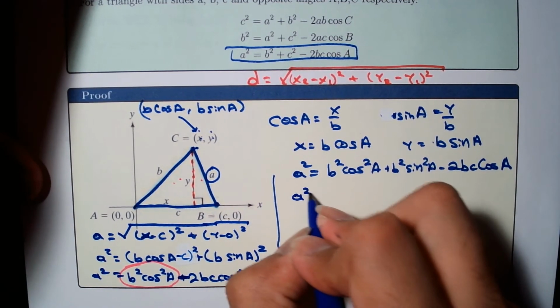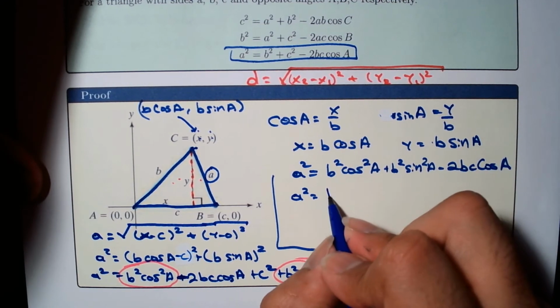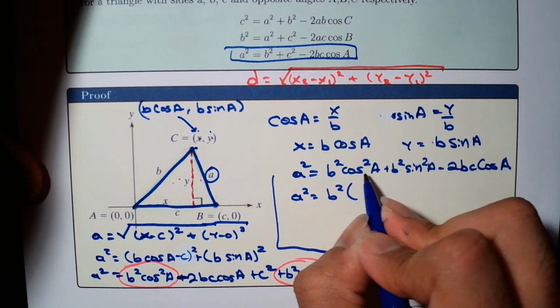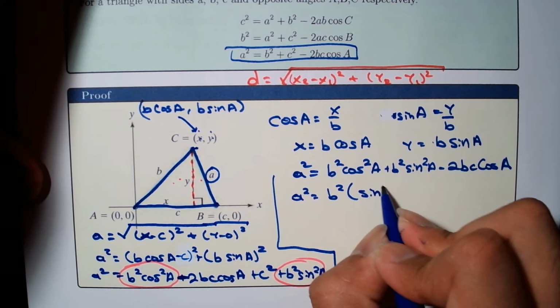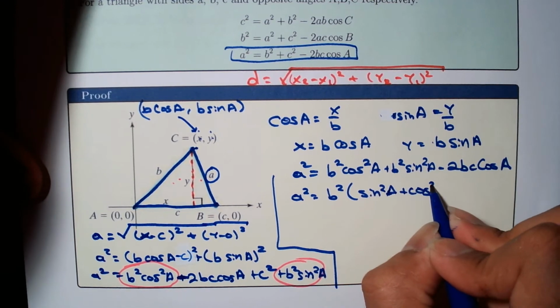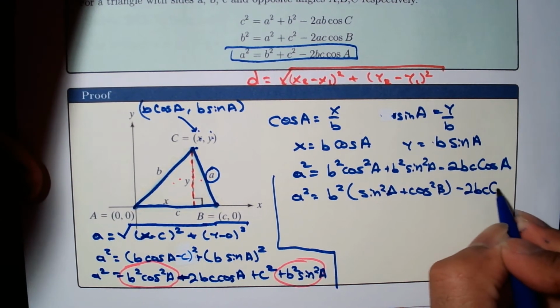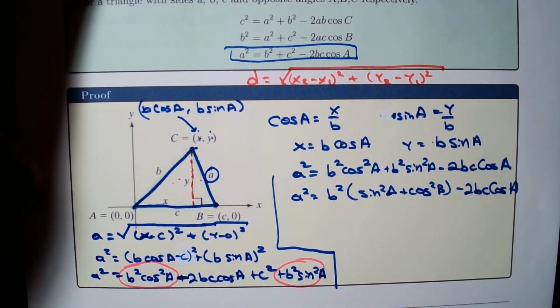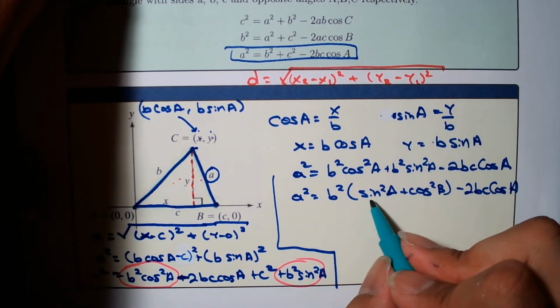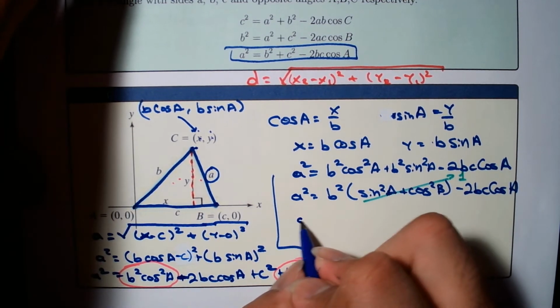So a squared equals, notice the common factor b squared times cosine squared plus sine squared, or simply sine squared plus cosine squared. And you might remember this as an identity. This is equal to 1. Alright? So a squared